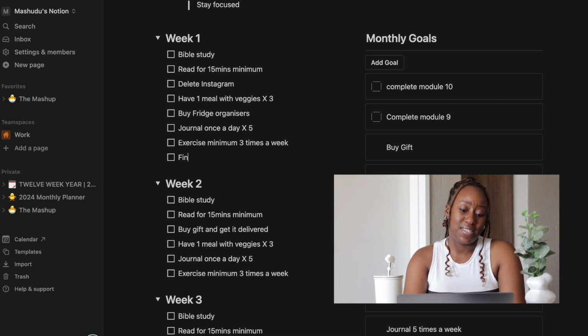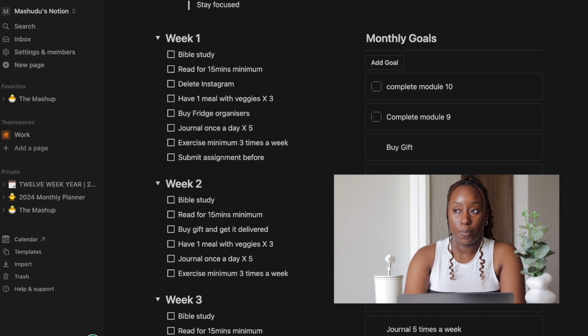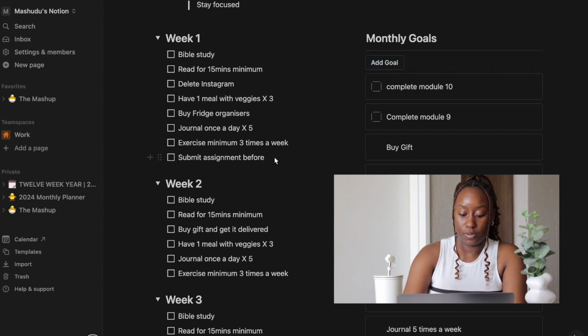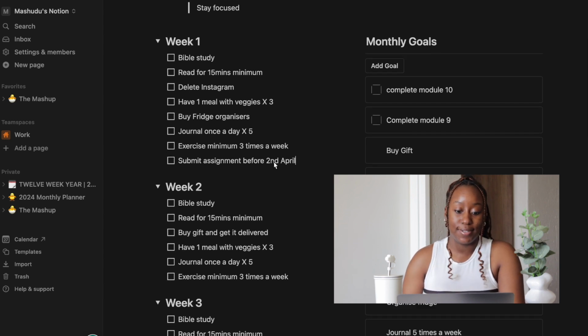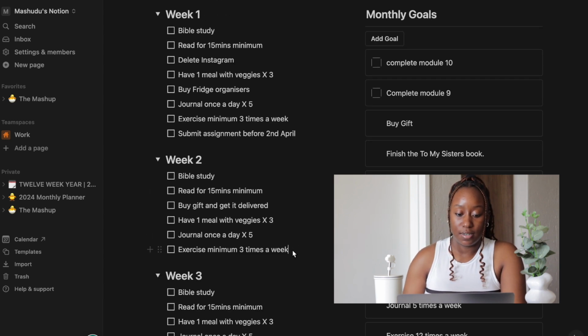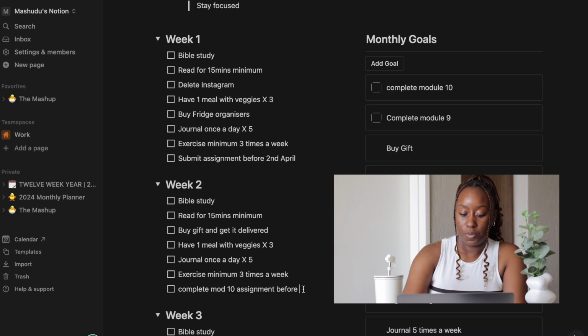Let me say submit assignment before 2nd April, because that actually has a due date, right? And then I'm also gonna add complete mod 10 assignment before 9th April.